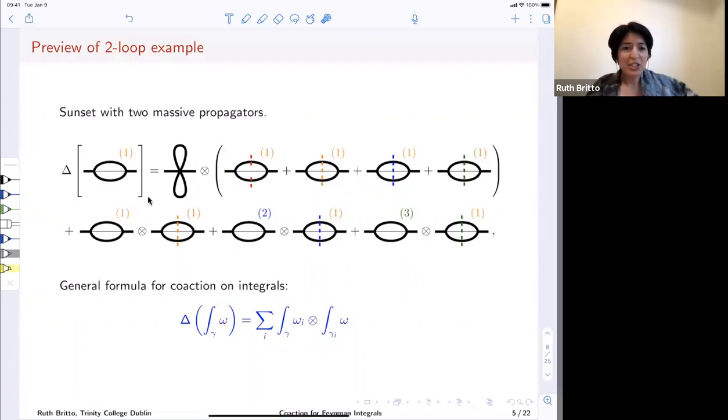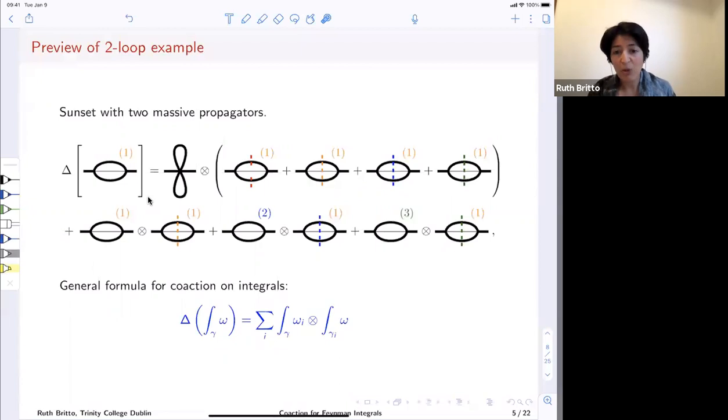And this will apply actually to all three versions. So if you take the coaction of an integral, you understand that when you define an integral, this omega, this form that's being integrated, that's an element of some cohomology. And here gamma, the integration contour, that's some element of some homology. And in the coaction, you introduce a sum over some generators of cohomology and some, well, dual, if you like,